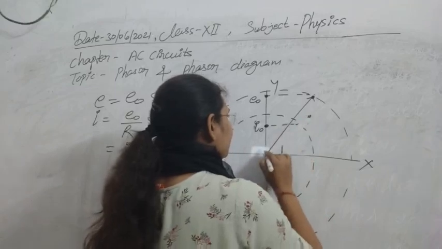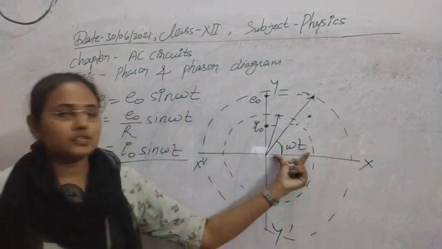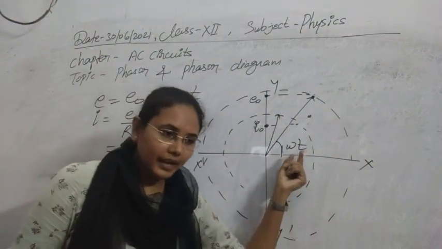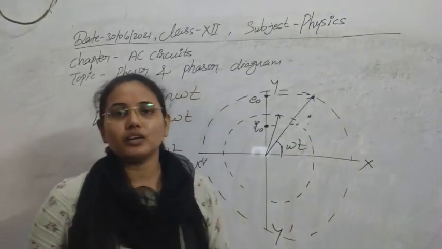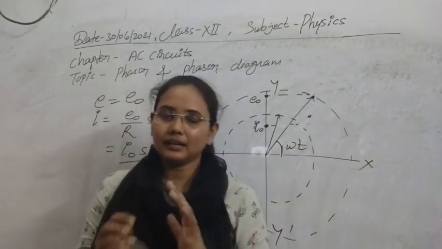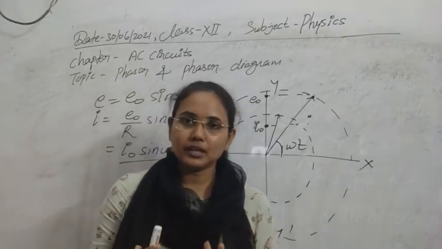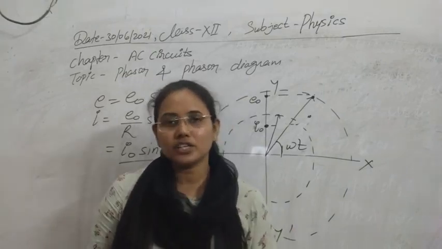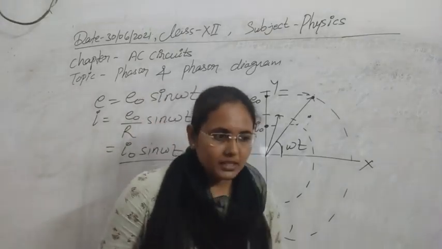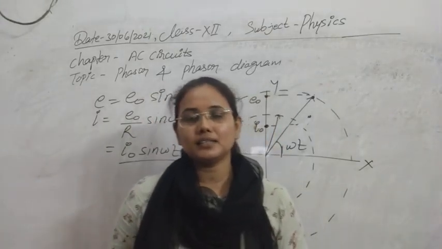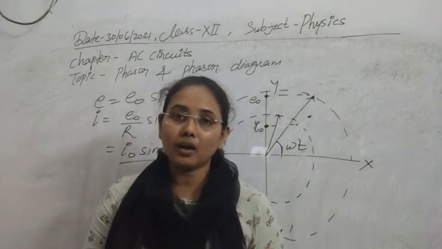Also we can understand here, if I am just making this I here, this is its angle of rotation, that is omega t. So at any instant, if any body or any coil is rotating with some angular velocity omega, because we know that in the electromagnetic induction chapter we have studied, if we have to produce the induced EMF or induced current, then first we need to change the flux that is linked with any coil. So changing flux we can do by three methods, like by changing the magnetic field or the field lines that are crossing per unit area of the loop.